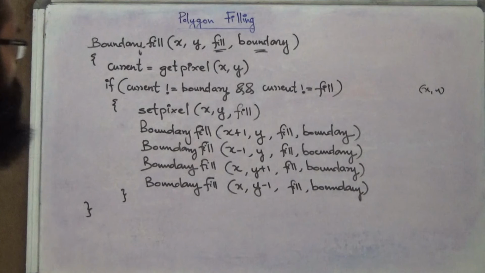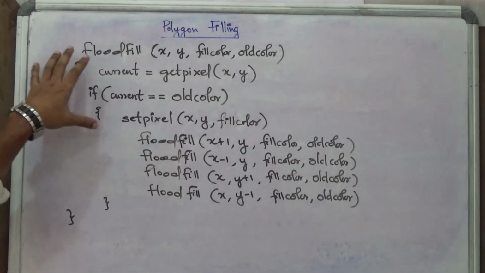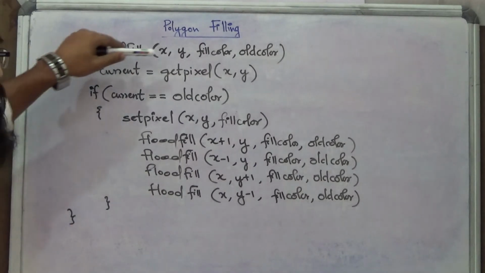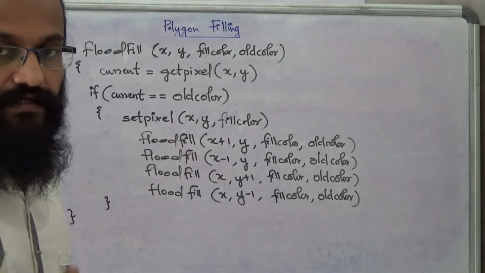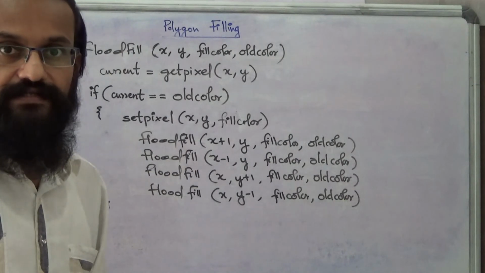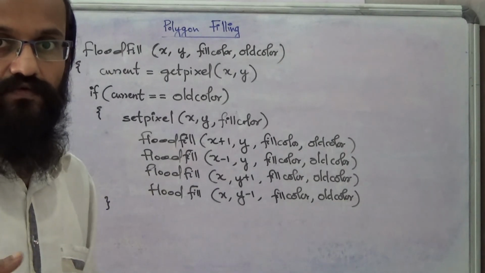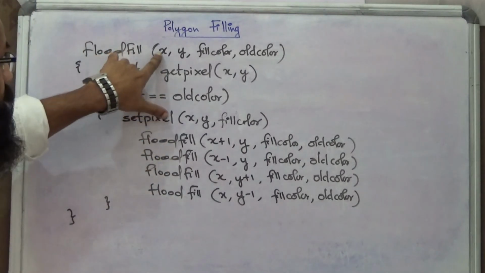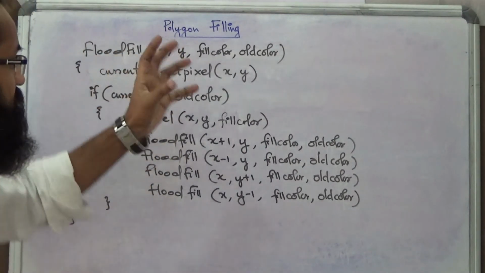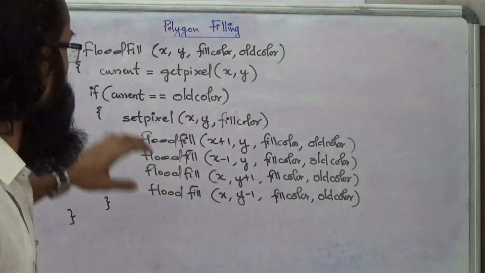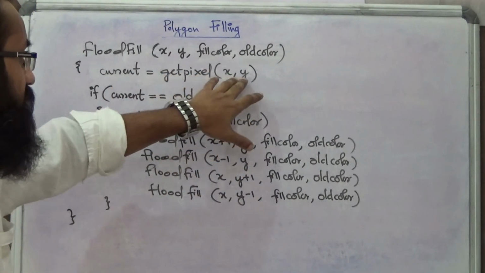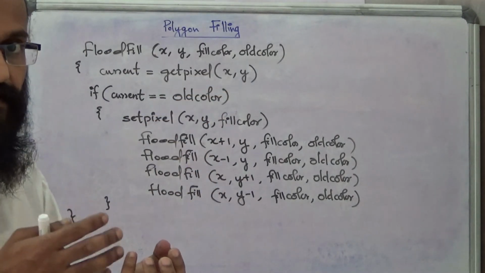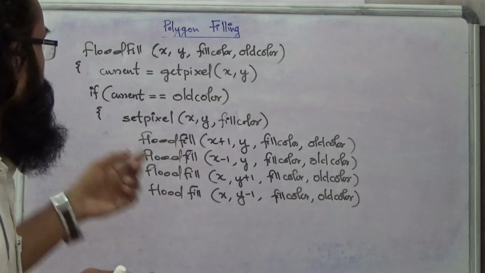That's it. Now the representation of the flood fill algorithm that is based on the 4 connected method. Here it starts from the seed pixel x y and recursively proceeds the algorithm to its adjacent 4 pixels. It takes the current pixel x y. Initially it will be the seed pixel. It will take the intensity of the current pixel x y using getPixel x y, which returns the intensity value, an integer value, that will be stored in current.